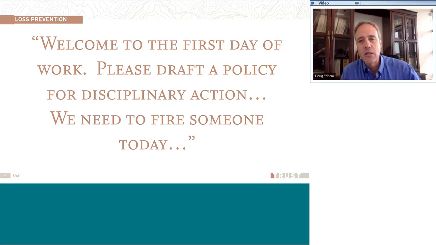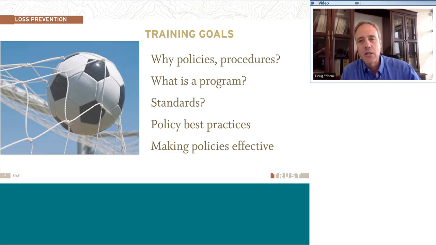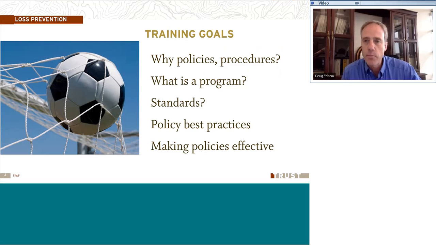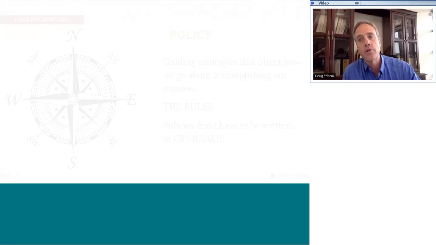If we want to measure effectiveness, we obviously need to know what the goal is when we are writing a procedure or a policy. So when we're talking about policy specifically, we're talking about something that is going to guide us towards accomplishing our goals, towards accomplishing whatever our mission is. And so obviously that's why it's important we look at a policy, because we need a framework that gets us from point A to point B, or keeps us inside the lines that we need to make sure that we stay in.